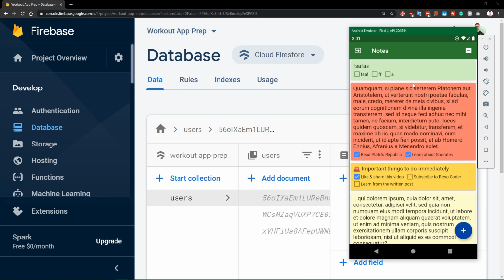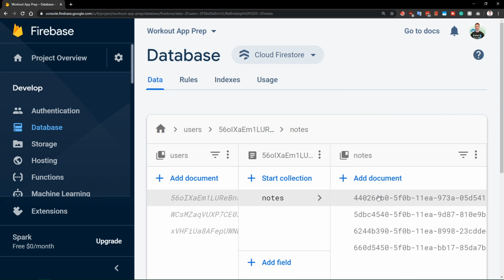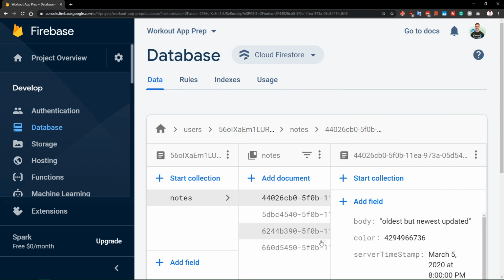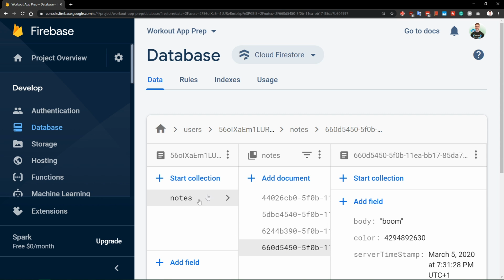We cannot afford any bugs. We cannot afford any possible ways of tampering with the data. So we need to validate both on the client side and on the server side, and everything just needs to be fully secure. So if I go ahead and find the correct user and I edit a note,